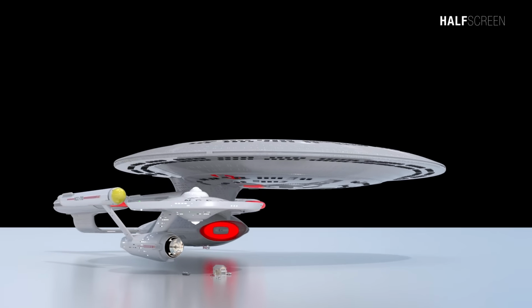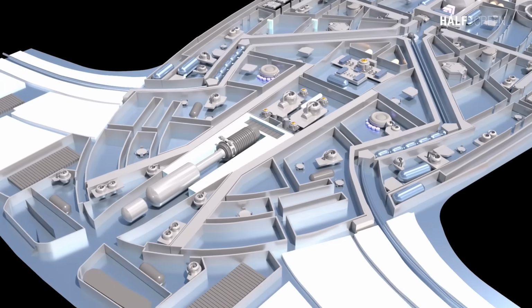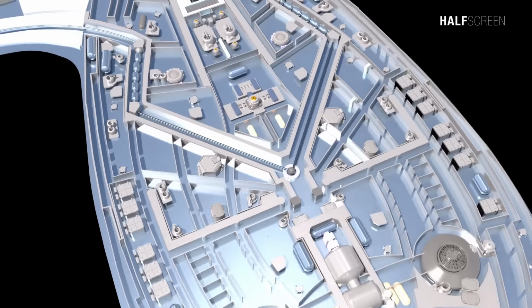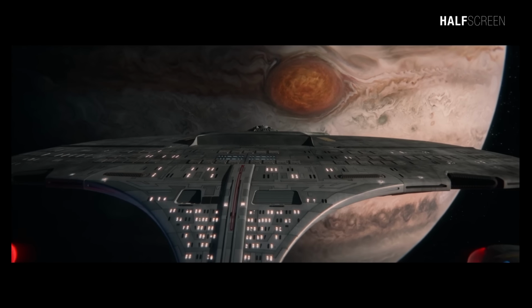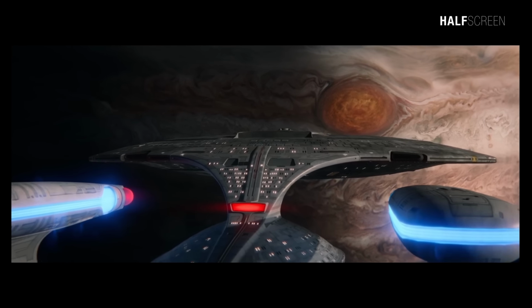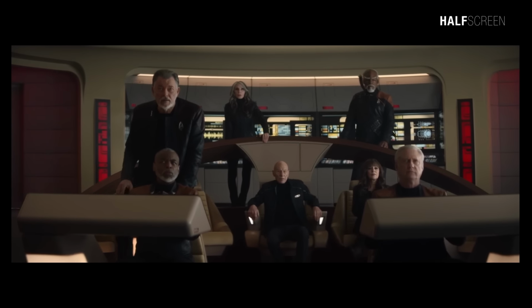Furthermore, I have plans for a second part of the animation, which will focus on the engineering section. This installment intends to cover decks 16 to 42, delving into the heart of the ship's technological infrastructure and showcasing the intricate systems that power the vessel. By expanding the scope of the animation to encompass a broader range of decks, viewers will have the opportunity to appreciate the intricate details and unique features of the Enterprise-D, gaining a deeper understanding of its inner workings and the